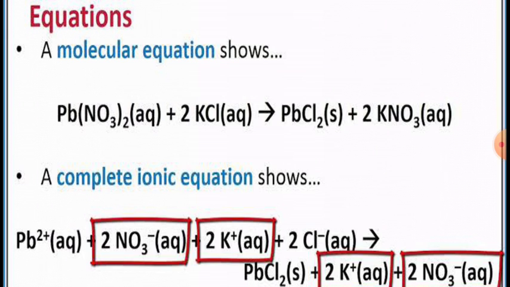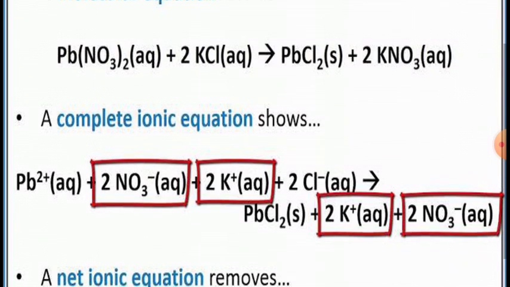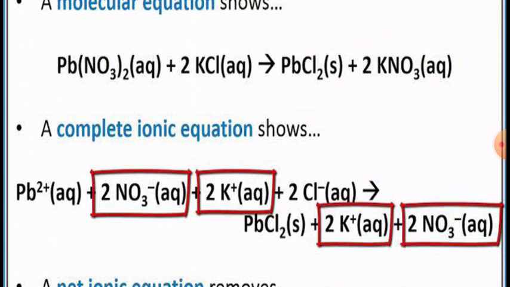But we are moving towards the ionic equation. How can the ionic equation tell us about this molecular equation? We can understand this molecular equation with the help of the ionic equation. Here you can see the ions of lead, nitrate, potassium and chloride. Potassium and nitrate combine with each other and form potassium nitrate, and lead and chloride combine with each other and form lead chloride. From this equation we can understand the ionic movements, from where the ions move and to which direction.